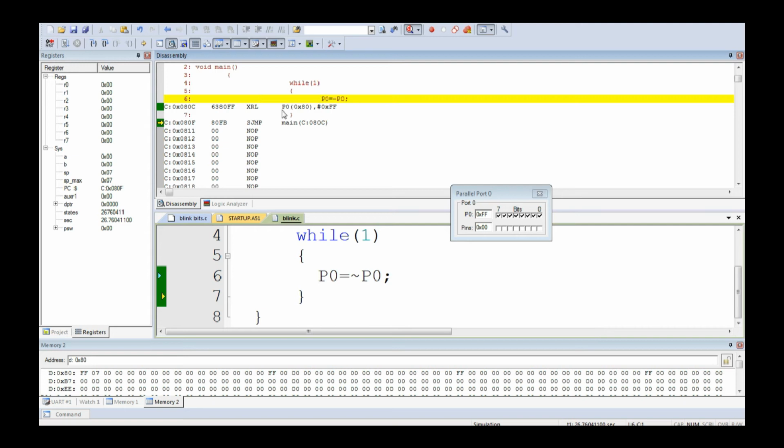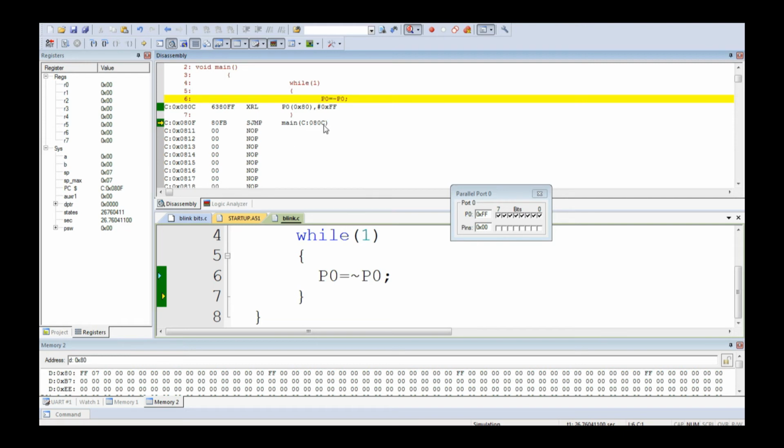So there are cross compilers available which convert the C program to an assembly language program. And there are cross assemblers available which convert this assembly language program to a machine language program. And there are linkers or locators which keep these opcodes in the corresponding memory locations such as 080C, 080D, 080E, etc. And there is a short jump instruction. It is an assembly language instruction with relative addressing. So short jump to main.